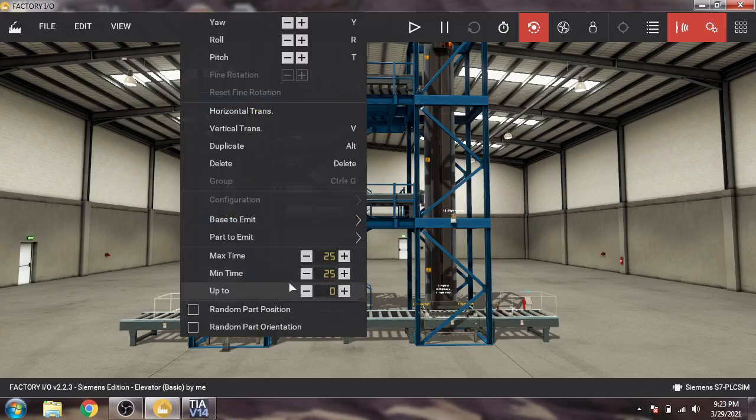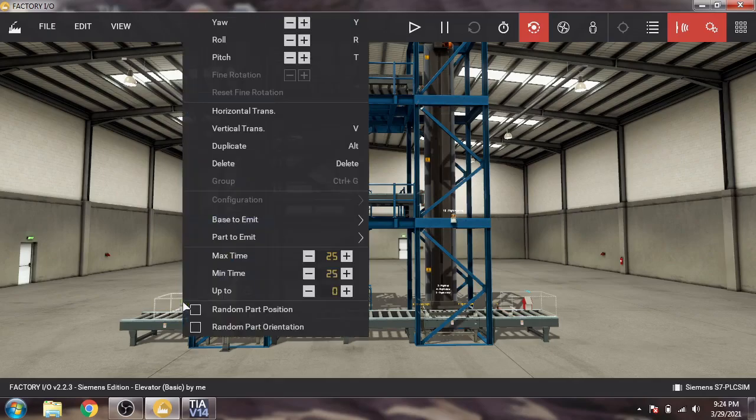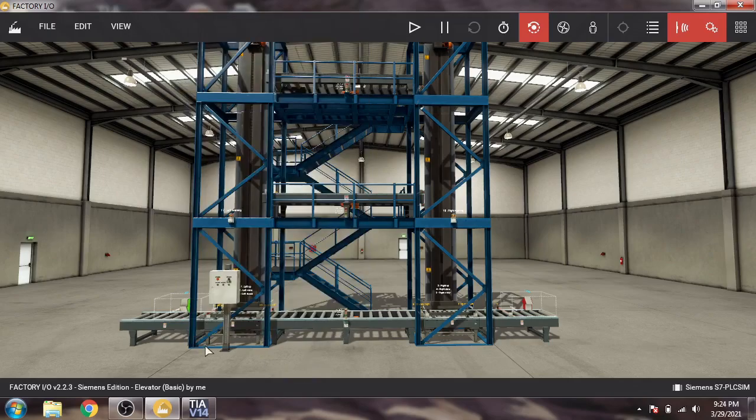First, we need to set our entry box maximum time. You will see that it is 25. We need the next box in after 25 seconds, so we are going to set that. I am saving it, and you will see that the scene is saved.